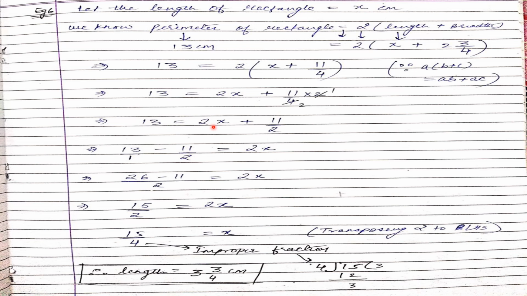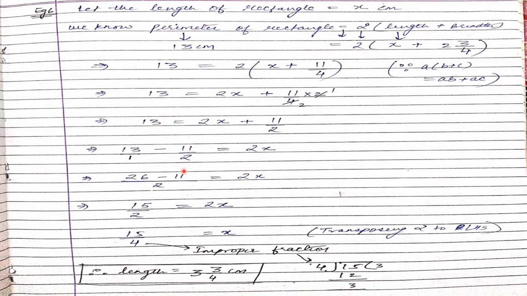So, we have learned this thing. The variable should be isolated. So, we will isolate x on the right side only. No issue. Don't be confused. It can be isolated here also. No issue. So, I will cover 2x and see what is extra over here on the right side. We can say it is 11 by 2. So, first of all, 11 by 2 will go on left hand side like this and becomes negative.